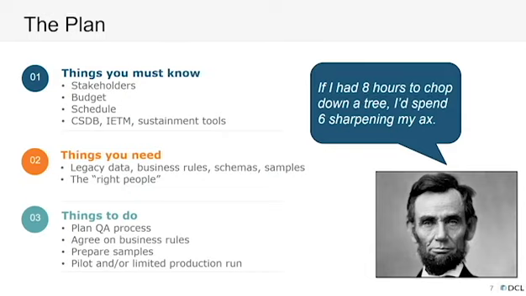It is very useful to create a sample file and output that goes together with the documented business rules to give the non-technical stakeholders, or really any stakeholders, a better way to understand how the final data would look like. And again, to some extent, it's really the first step of a pilot. The pilot, and especially later, the limited production run, are ways to make sure the migration process is going according to plan. If things don't run smoothly, it always allows you to enhance the process and make it more robust.